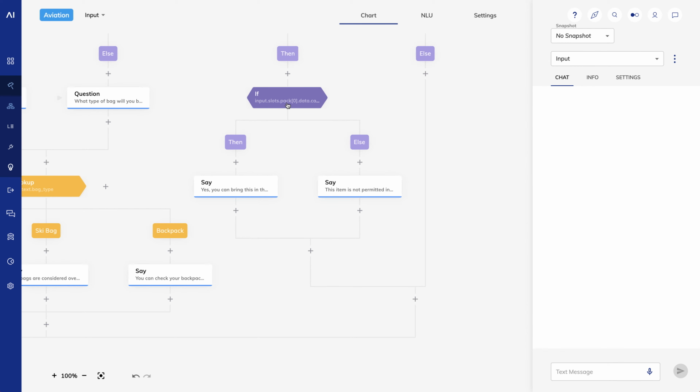I'll repeat this again with checked baggage. I'll copy my if and make the necessary changes to the if and say nodes.